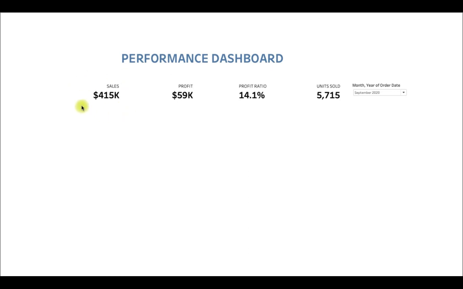Like right now, this sales only tells that this is September 2020 sales. Now it doesn't tell me whether it is better than the last month, or better than the last year, right? So I am not able to get all those things from this KPI dashboard. I'll tell you those things also in that video.